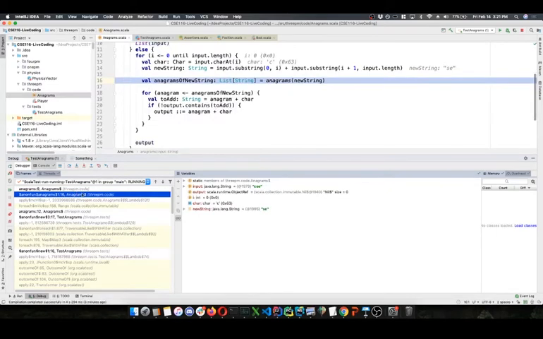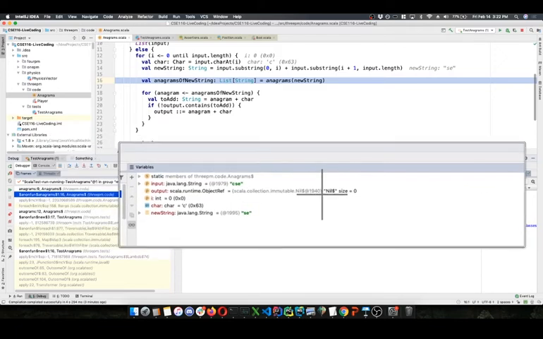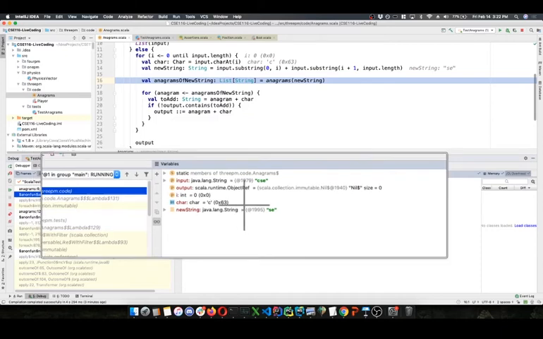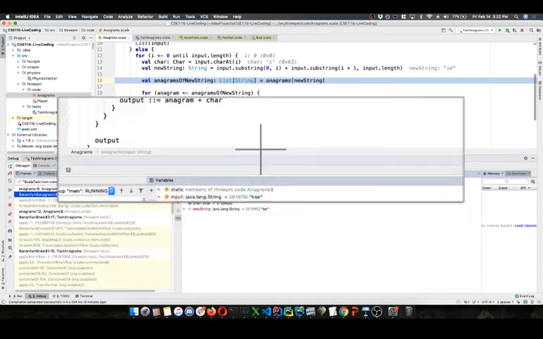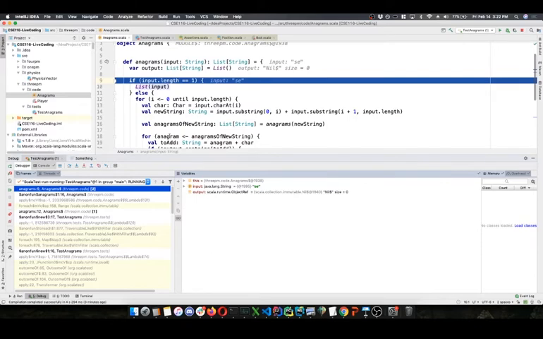And we can go back to our other stack frame. We can see where we are. We're right here at this call with CSE as the input, with the empty list being our output, with SE being the new string that we're calling anagrams with. And then on this stack frame in that call, this is where we are with the execution.